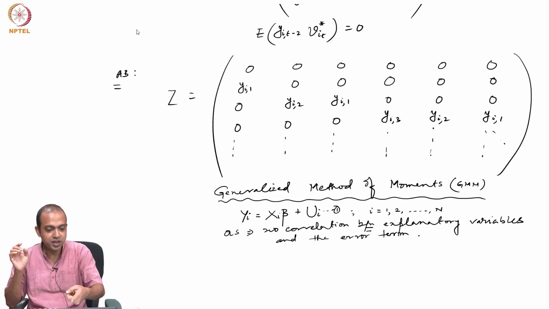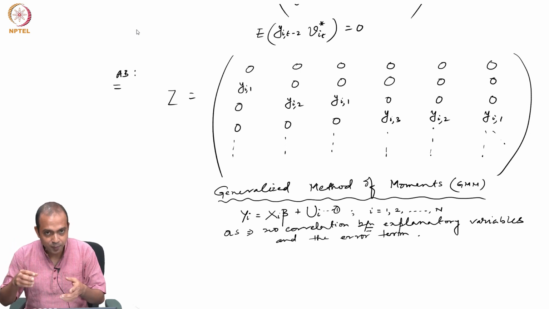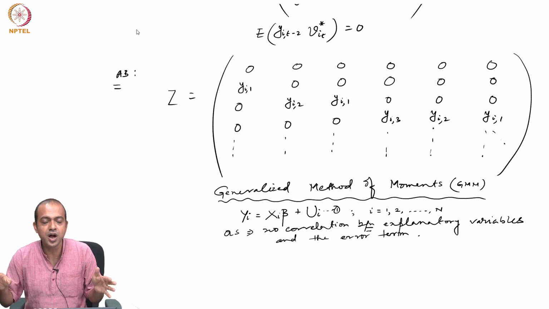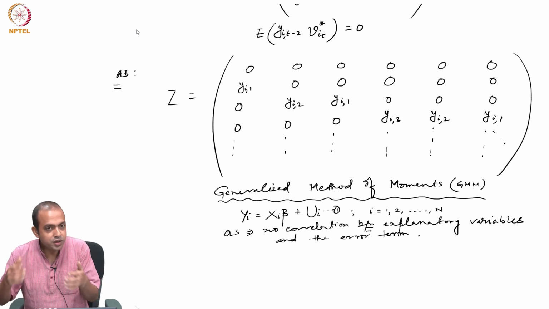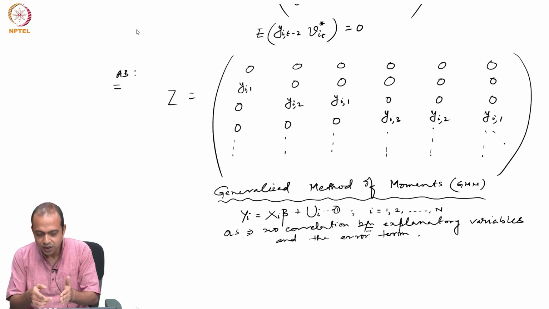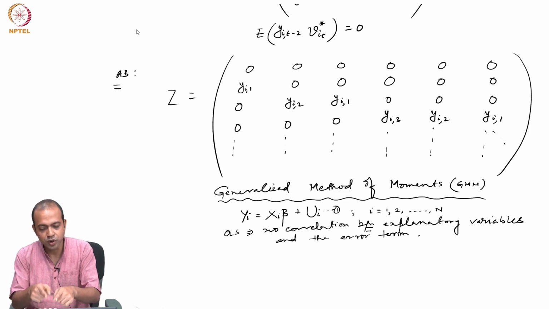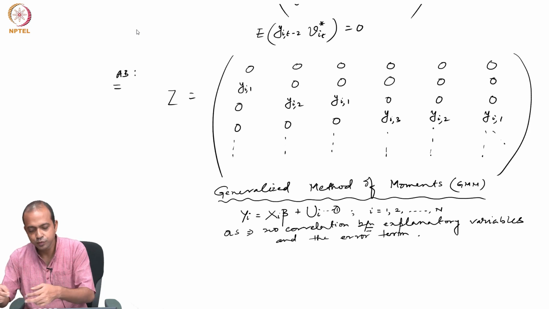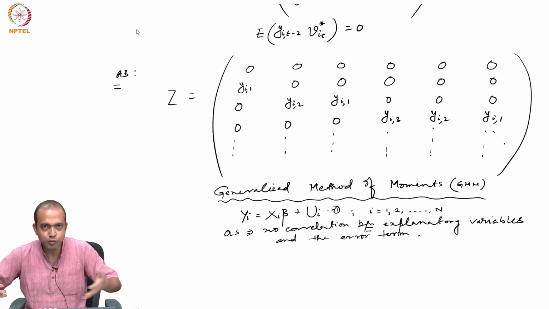They also suggested the same thing, that second period lag. But additionally, Arellano and Bond said, apart from y i t minus 2, whatever lag is available for the untransformed variable should be used. So for an endogenous variable, only y i t minus 2 and above. For a predetermined variable, your lag 1 is also available. If you include that, the number of instruments is 1 for the second period, 2 for the third period, 3 for the fourth period, and so on. So you have an enormous number of instruments.